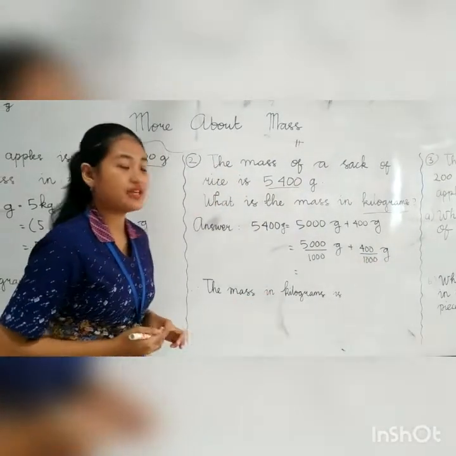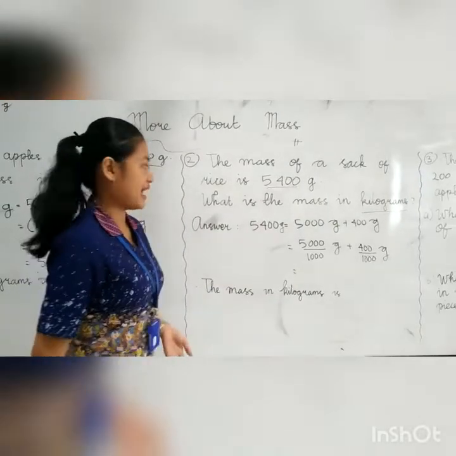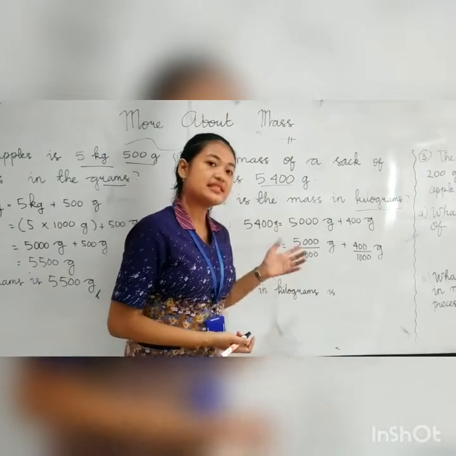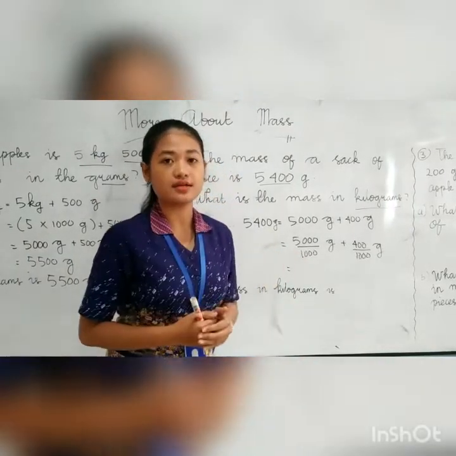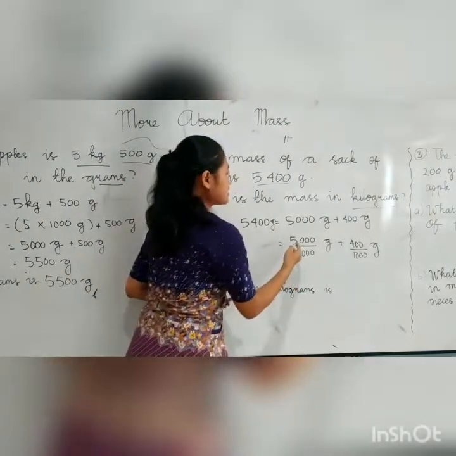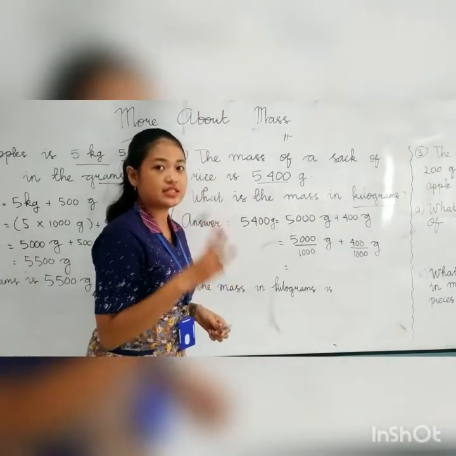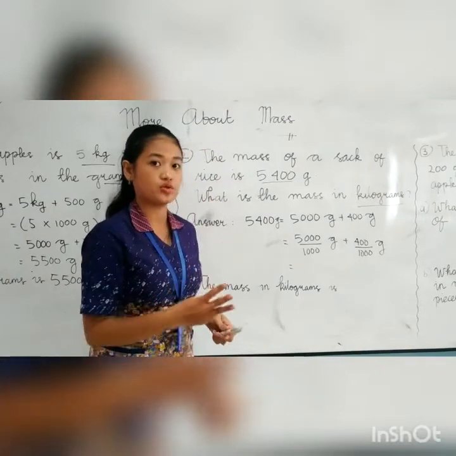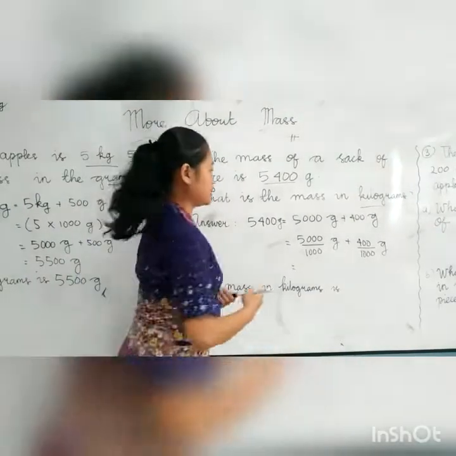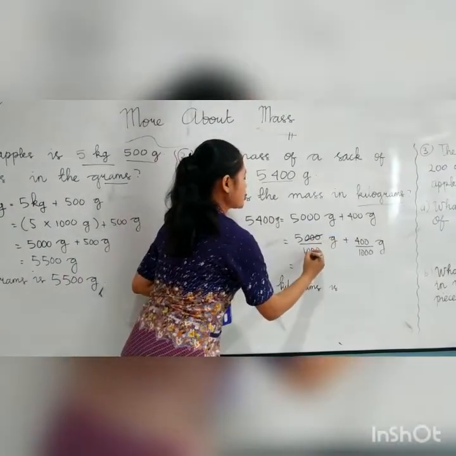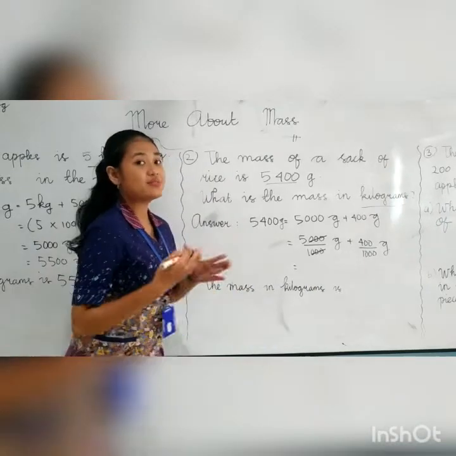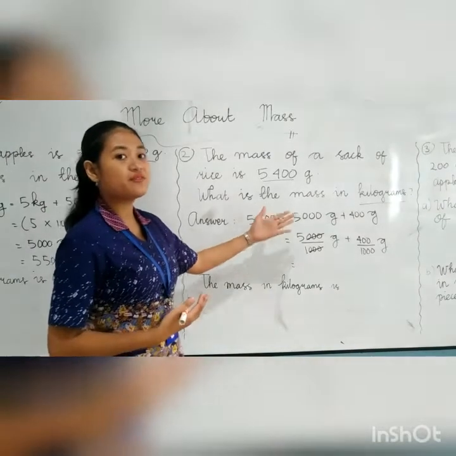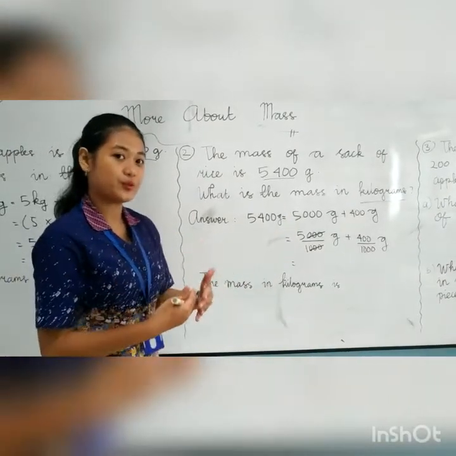Don't forget, if we have a division like this, we can erase the zeros with the same numbers. We can see the zeros on the top are 3 zeros, and the zeros at the bottom are 3 zeros also. So we can erase them together, 3 zeros and 3 zeros. And the remainder will become 5 and 1. It means 5 divided by 1 is equal to